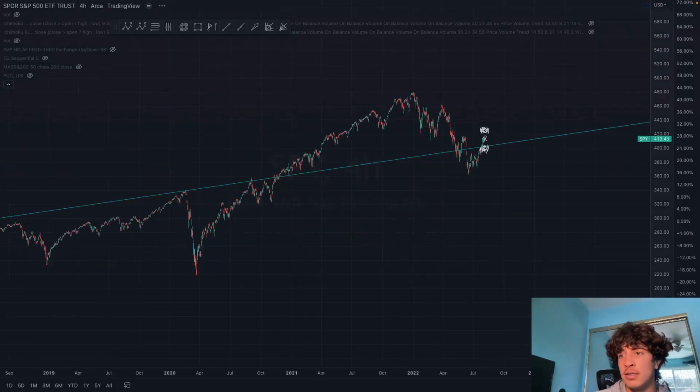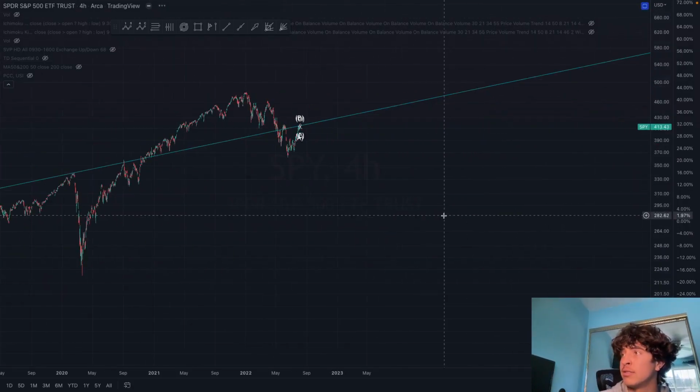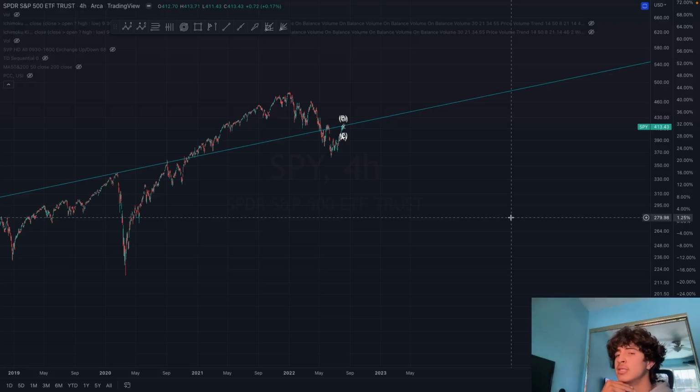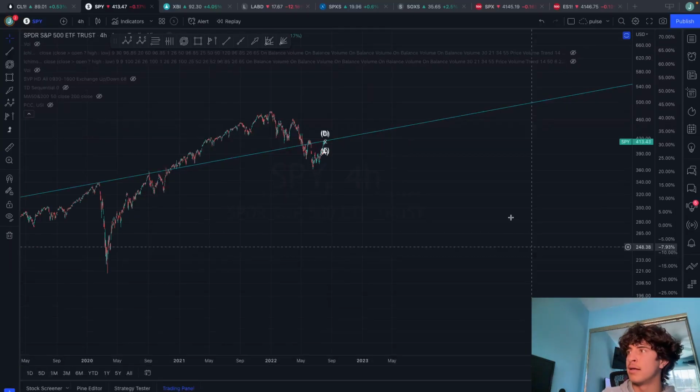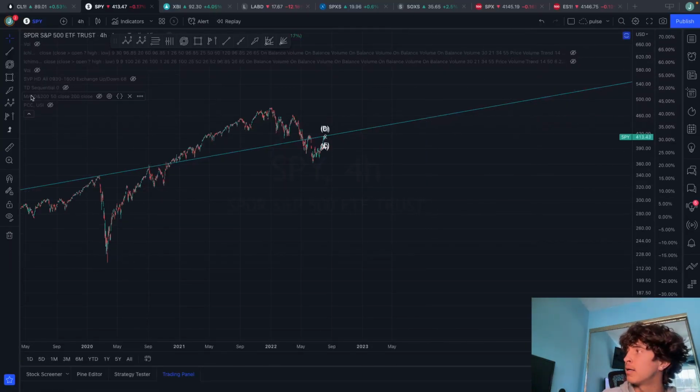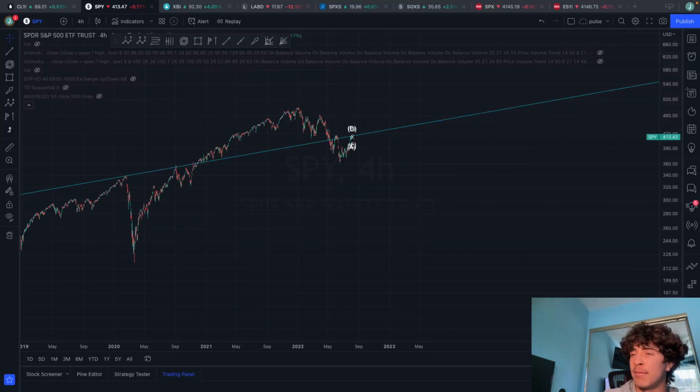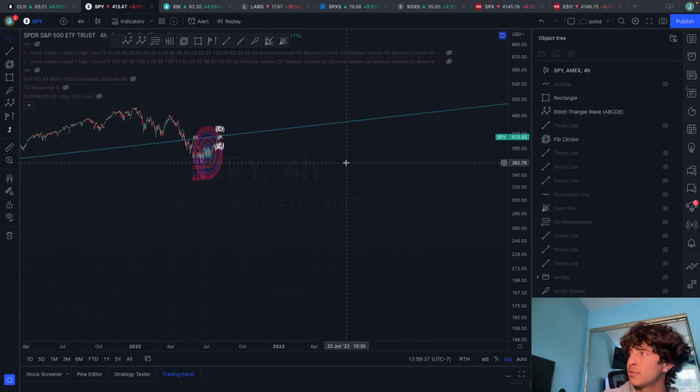So here you are at that macro trend line. You overextended on everything. The squeeze is coming to an end. Insiders are selling. It's all lining up. And it's taken a couple weeks, but it's coming. And I'm also going to show you another thing. This Fib Circle, which,